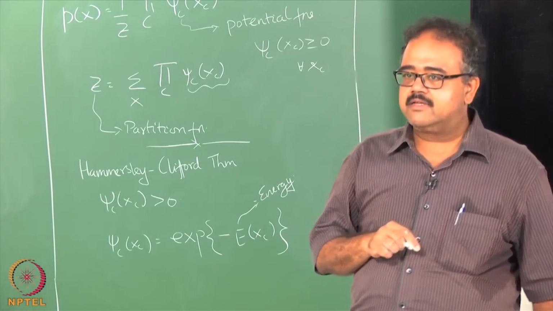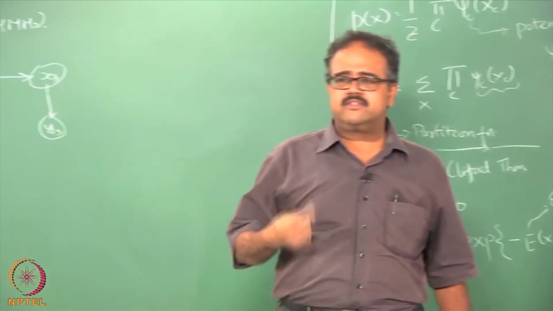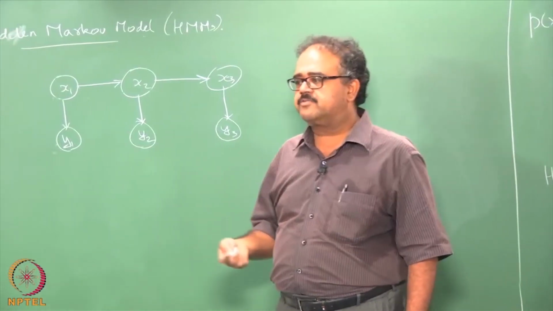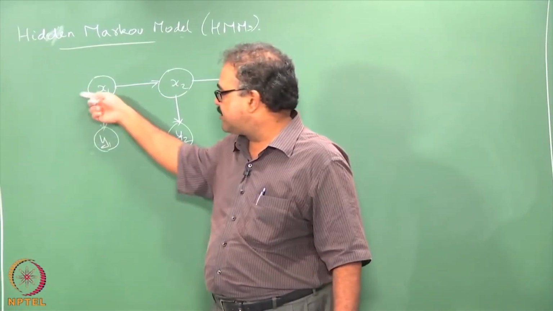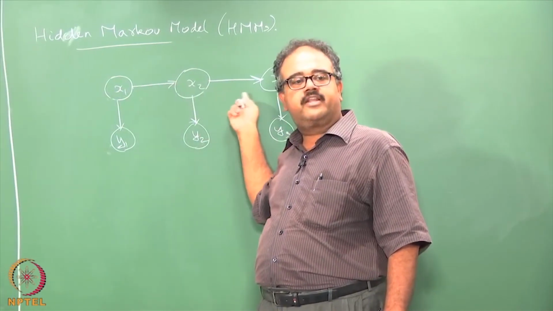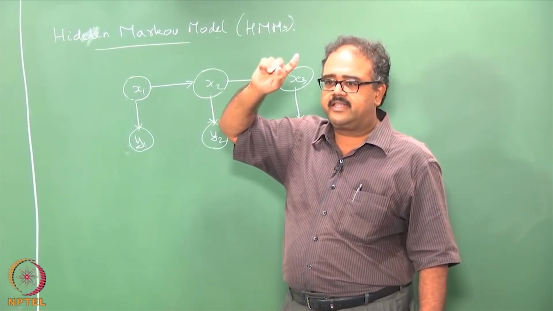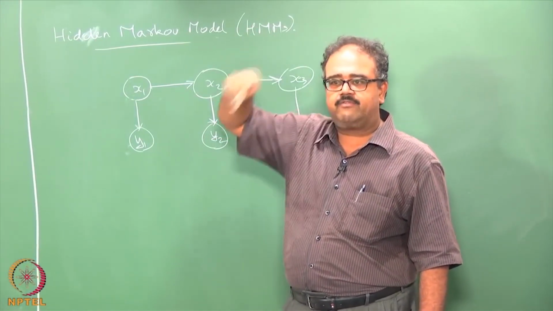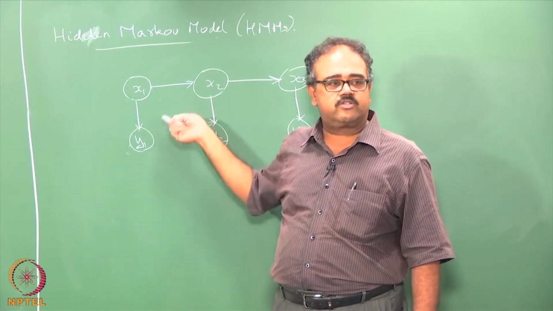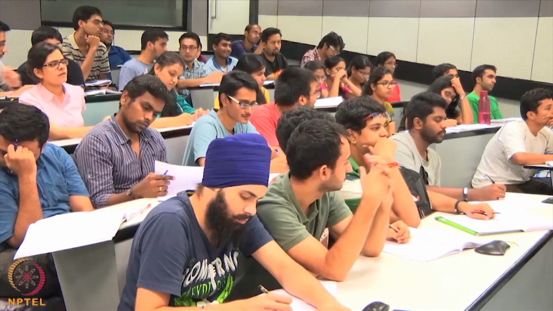But I can use it on any kind of this inference process. I can use the Viterbi algorithm for any kind of MAP inference. Instead of looking at the probability distribution over X, if I want to answer the query which is the most probable configuration over X, this is the MAP estimate. We looked at maximum likelihood, MAP, and then the full Bayesian inference which gives me the full distribution. So far we have been talking about knowing the full distribution, but you also want to do the MAP query. So that's essentially what Viterbi will give you.